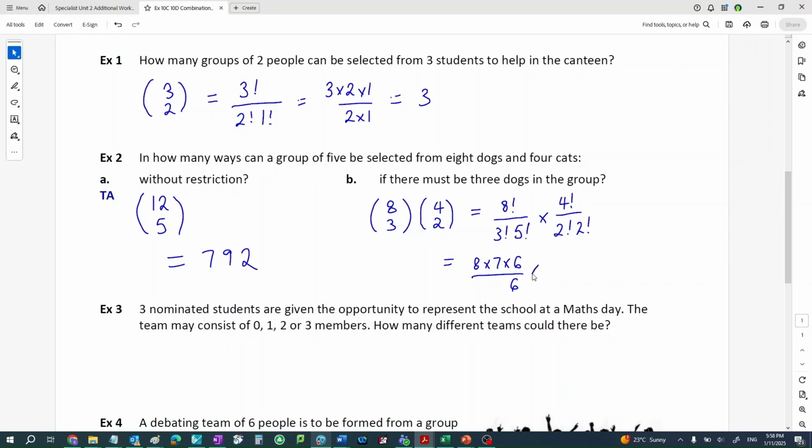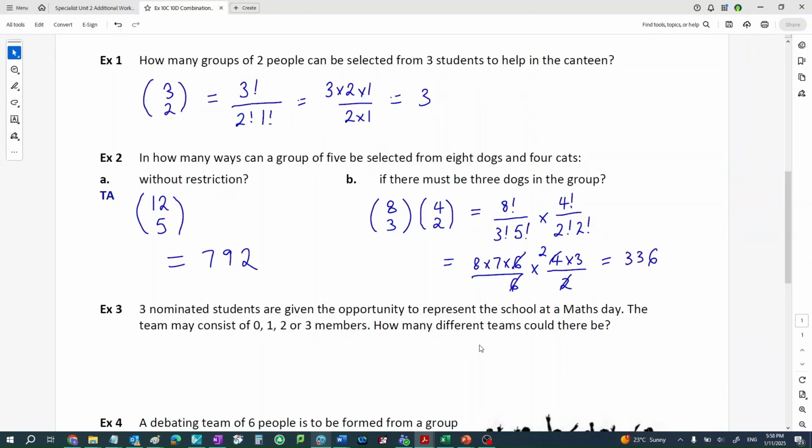And then this is multiplied by, so 4 factorial over 2 factorial is just 4 times 3. And then we've still got another 2 factorial on the bottom. Okay, from here, do some cancelling. Let's put the 2 into here. So I'm left with 56 times 6, which is